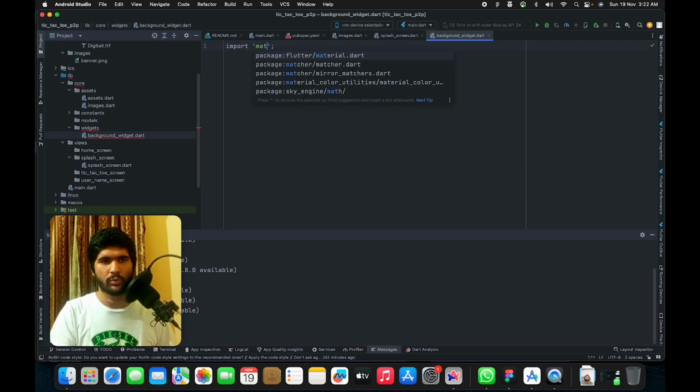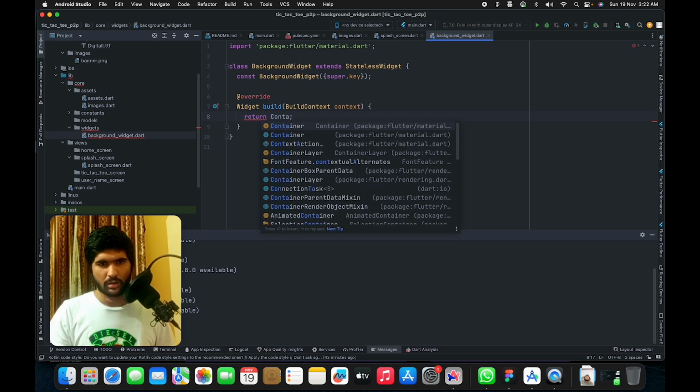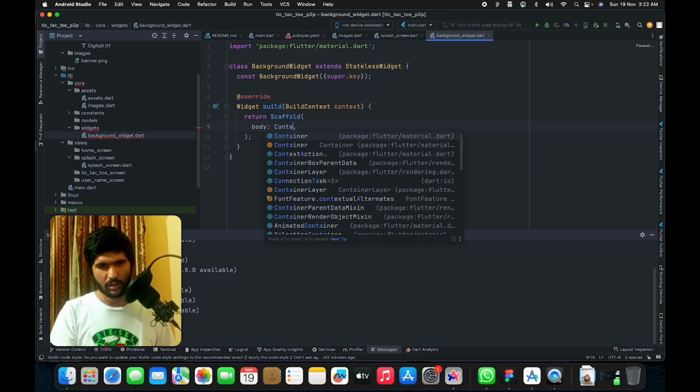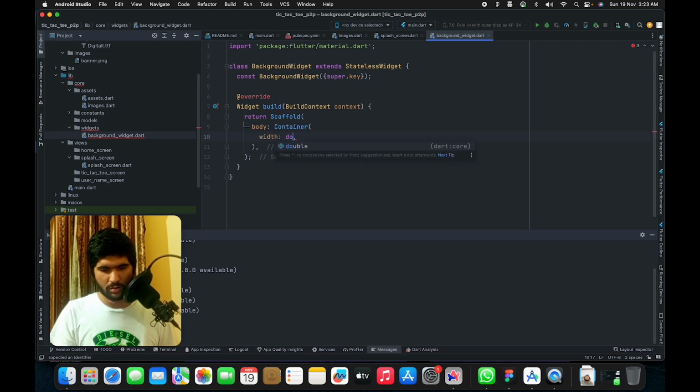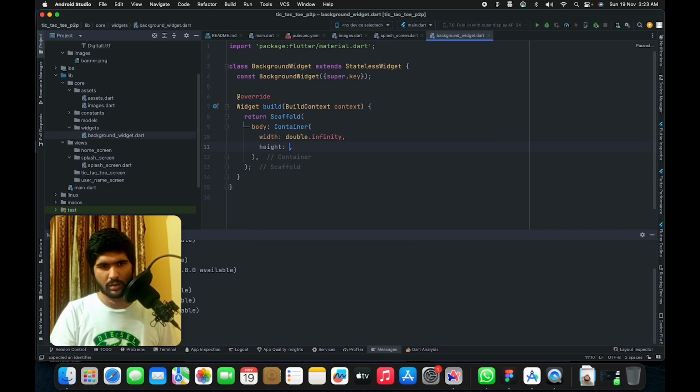Right, so I'll import material.dart. I'll create a stateless widget, which will be our background widget. And here I'll put down basically a scaffold, which will have a body, which will have a container, or I can use double.infinity height, double.infinity, decoration BoxDecoration,